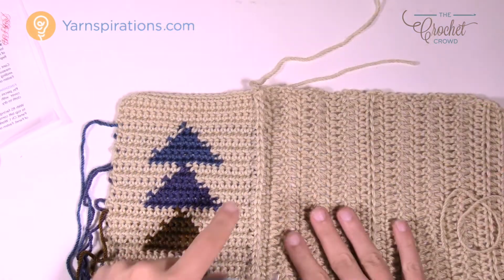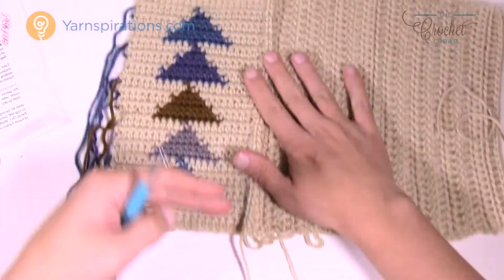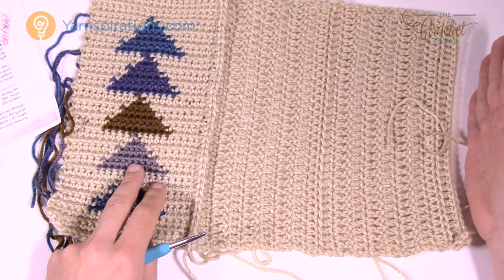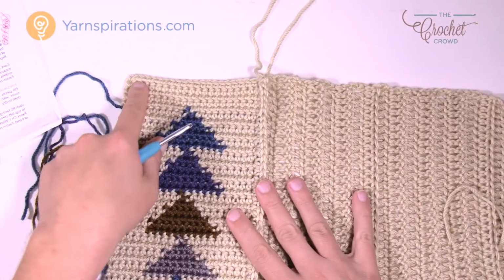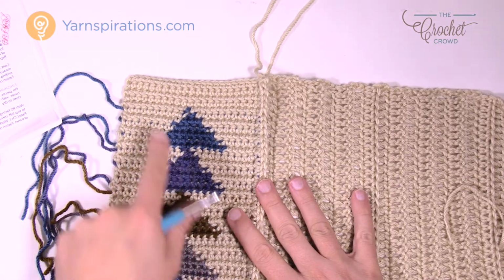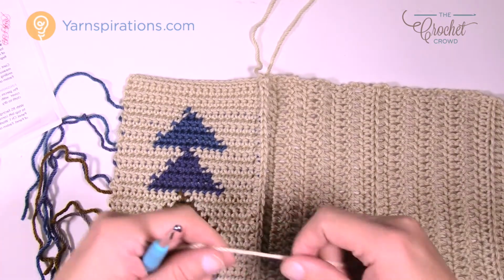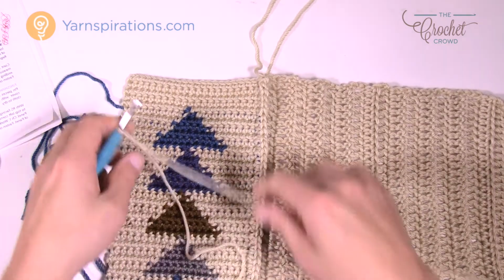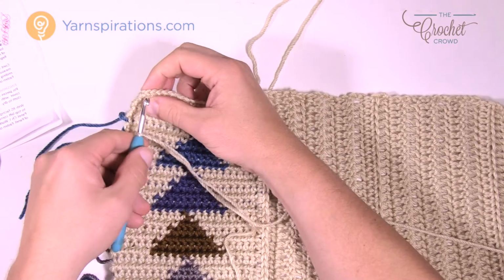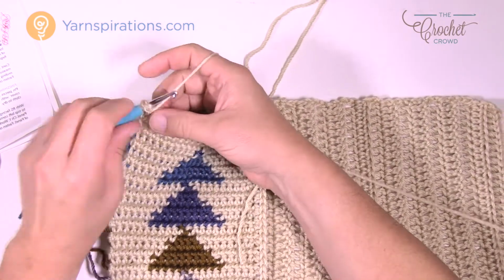So once you've attached everything together just like you see here, we're going to do edging on this side and this side. We're not doing any edging up here or down here. That's all tassel work. So what we're gonna do is start on the top edge, see in the direction of the arrow? I'm gonna start on the top edge and we have 3 rows to do. You can already see that there's stitches there. Just fasten on with the slip stitch,